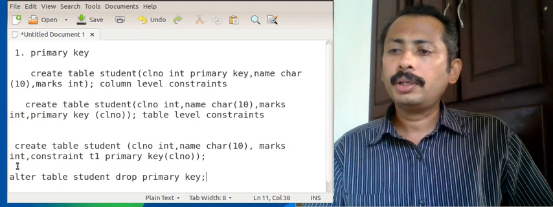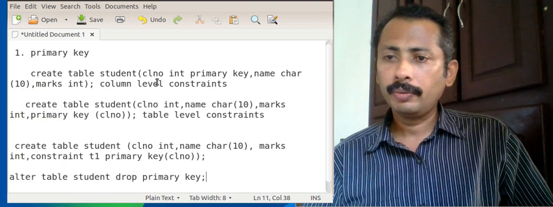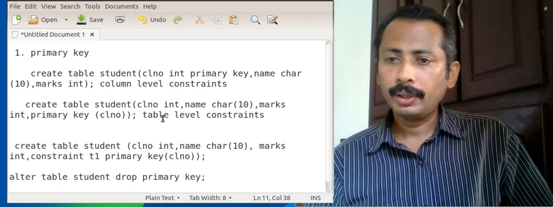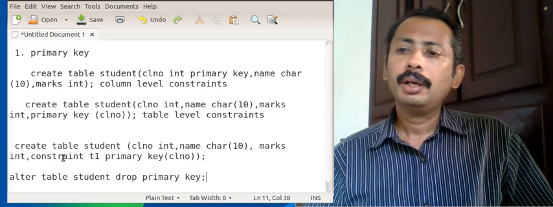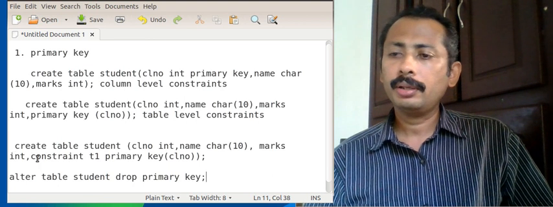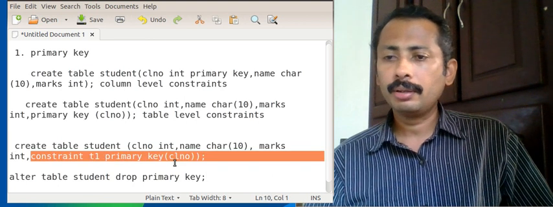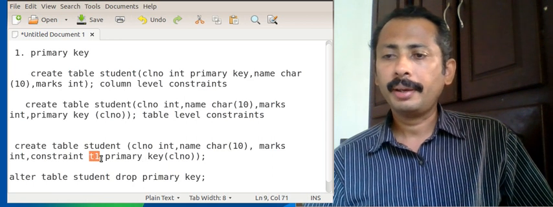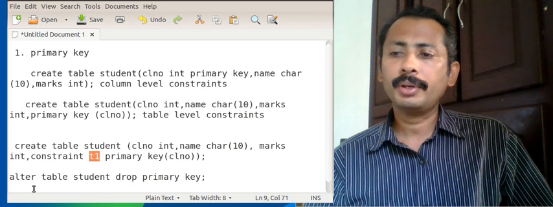So these are the three types. One is with column level constraints, another is with table level constraints, and the other one, the advantage is that we have a constraint primary key and it has a name, so we can drop it like this: alter table student drop primary key.